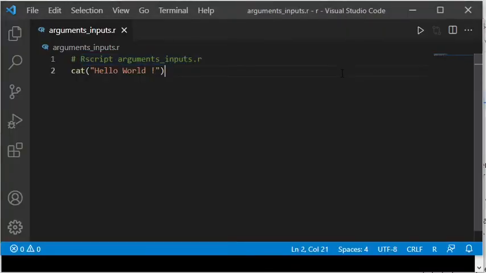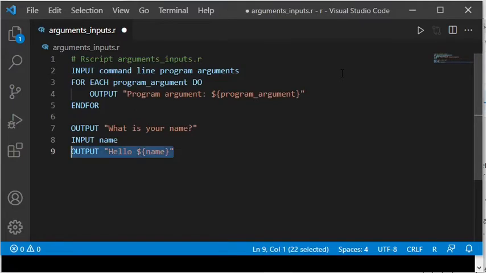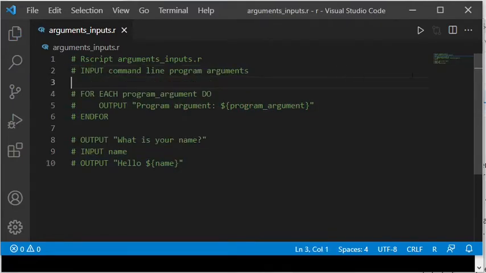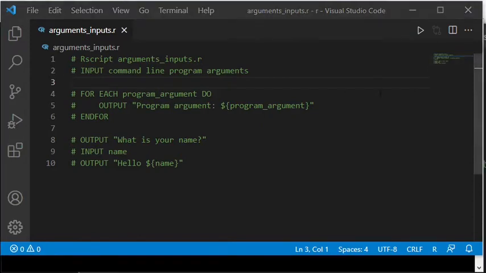Now I will replace the initial trivial Hello World implementation with the program that will receive and print argument from the command line. The program will also ask the user to enter a name and will then print to the screen what the user typed. For this purpose, I have prepared some pseudocode that I will paste into the program, but within comments, since of course it would not be possible to execute. Then I will modify the code by changing it to R code that can be executed.